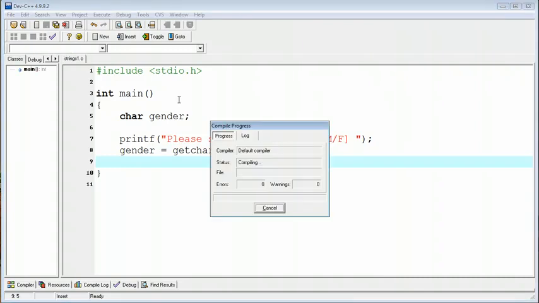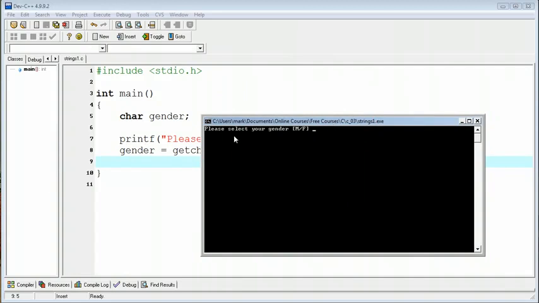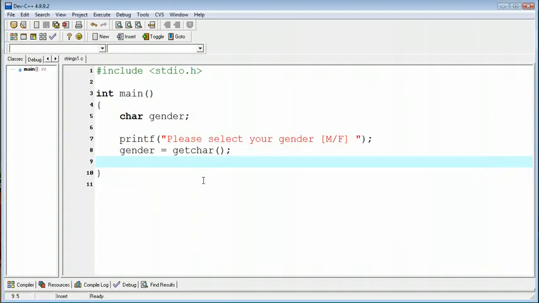there's my compile and run. The prompt comes up, please select your gender, M or F. The user types a response. And of course, we put nothing else in the program, so the program terminates at that point. But again, the getchar statement here, which we've used before simply to keep the console window on the screen and prevent it from disappearing after the program executes, here is getting a character and storing it in the gender variable. So one more time, if I go ahead and run the program,